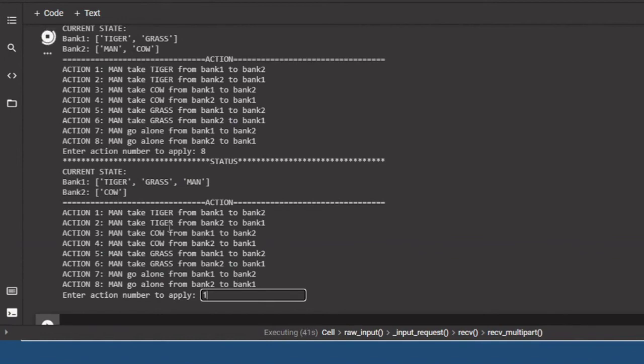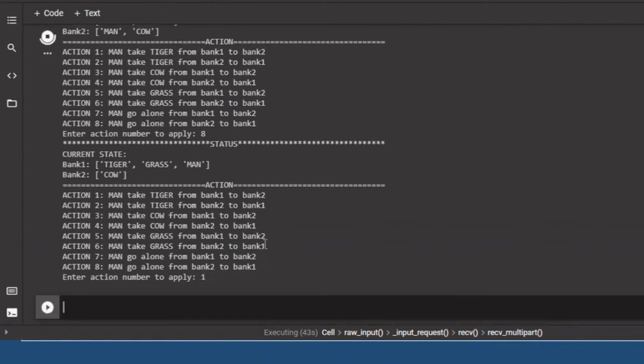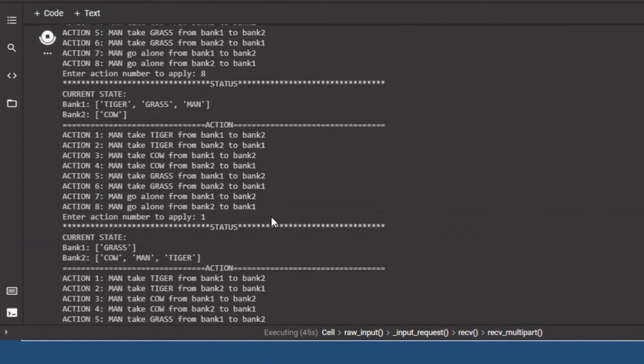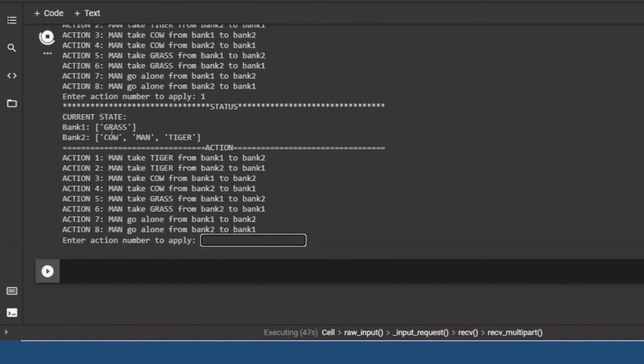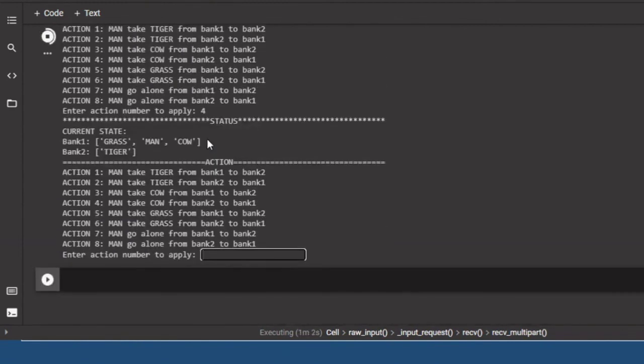Then let me apply action number 8, that is man goes alone from bank 2 to bank 1. Okay. So the members present on bank 1 are now tiger, grass and man, and on bank 2 the cow is there.